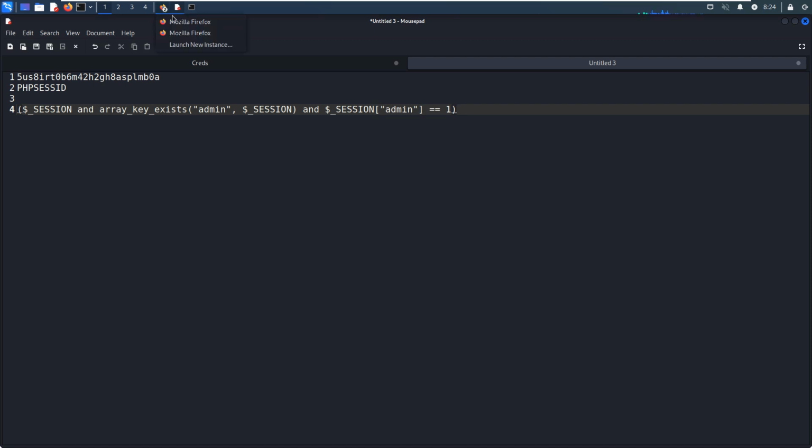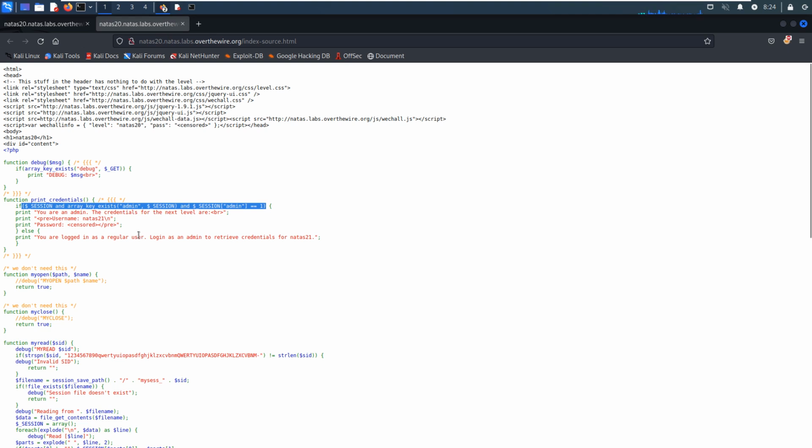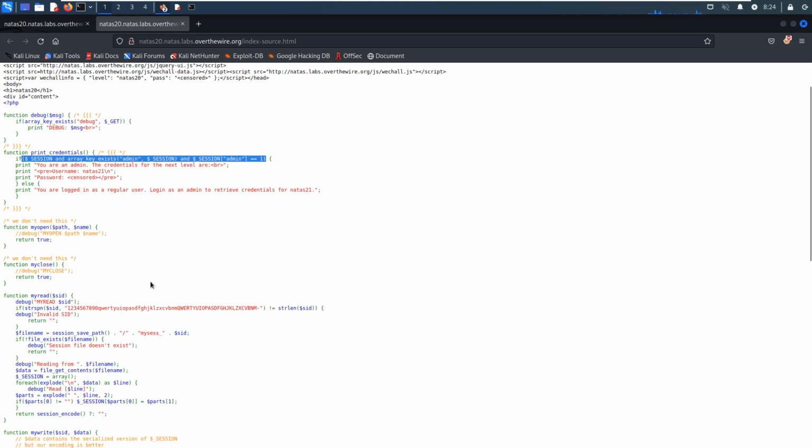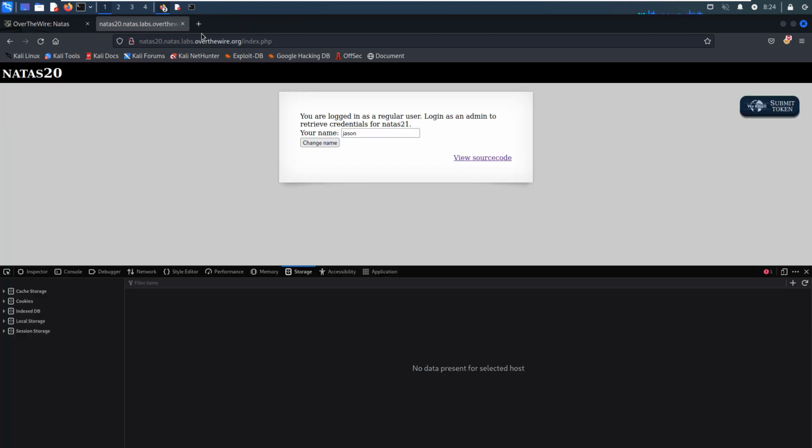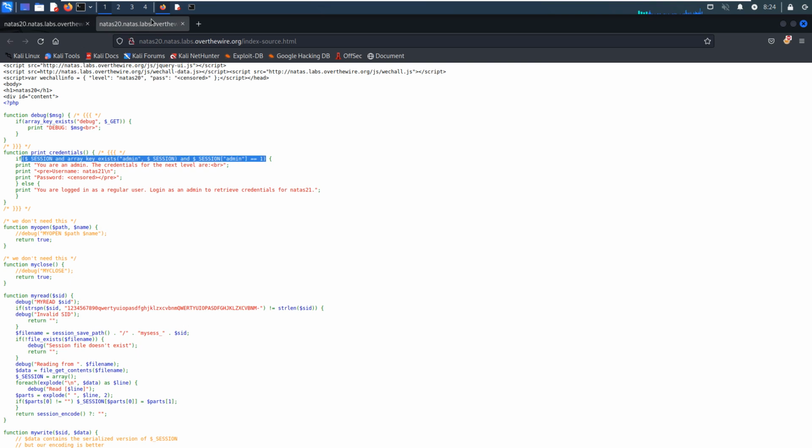Okay, so now we can go forward. Oh, I think I can close up this one. And the next function, I think this function is useless because it always returns true.